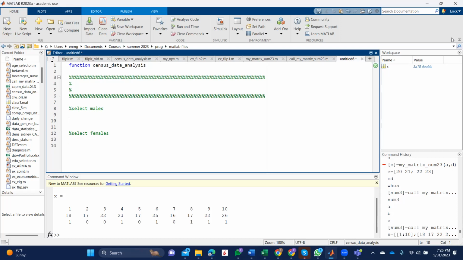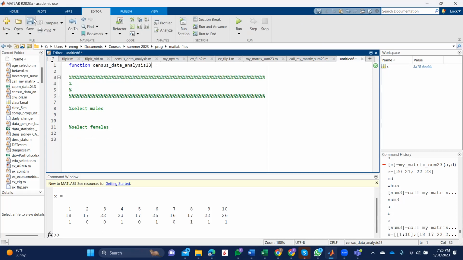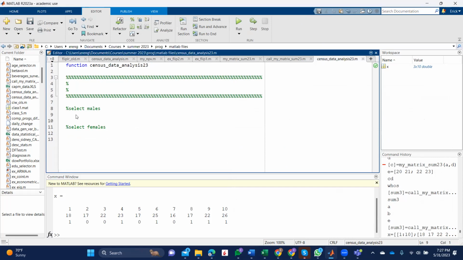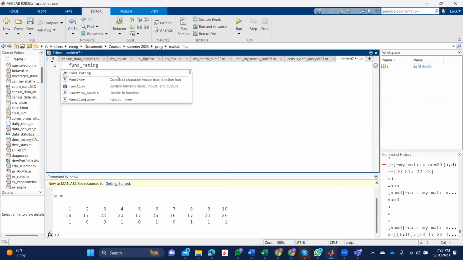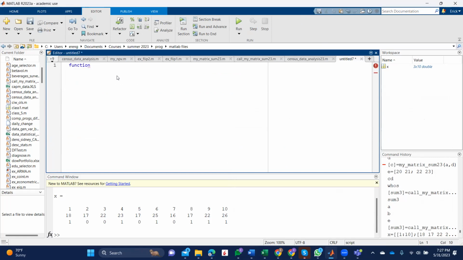And then what we're going to be doing, guys, is creating a program that is able to select gender. Okay. So let's save this one here. Let's name it census data analysis 23. So let's save it. And let's open another function that I can call gender selected 23. And from here, what I need is a data